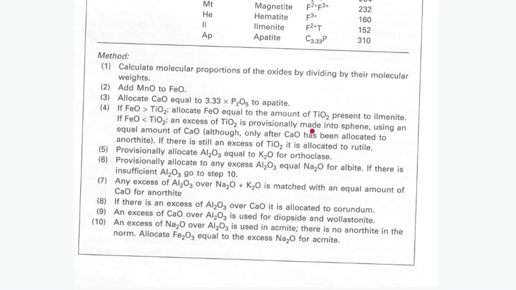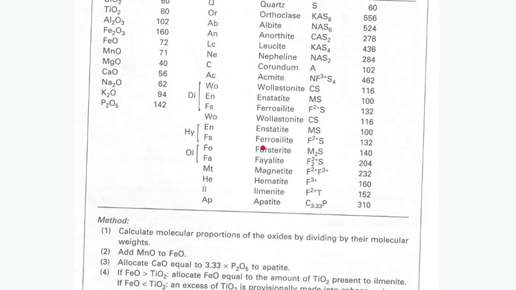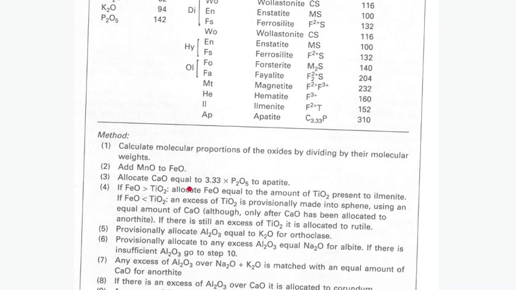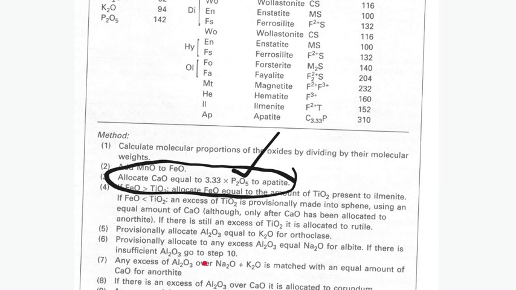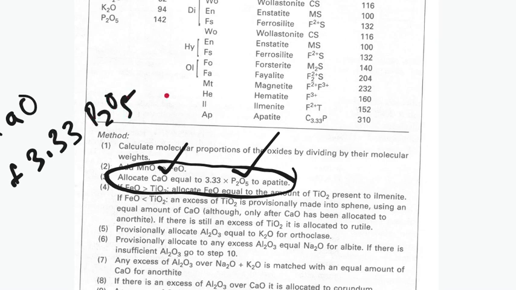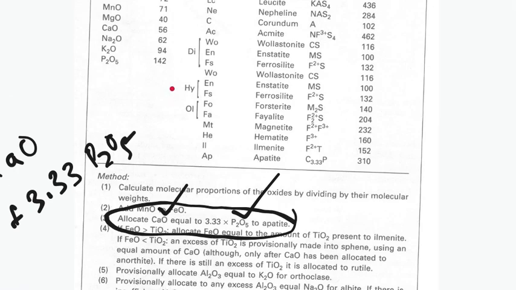उसके बाद क्या होता है, MnO to FeO. So this, consider that MnO जहाँ जाएगा FeO वहाँ जाएगा, ठीक है। सो FeO में MnO को add कर दो, ठीक है। उसके बाद allocate CaO equal to 3.33 P2O5 to apatite, सॉरी मैं फॉस्फेट बोला था, अपाटाइट। तो वही अपाटाइट फॉर्म होगा ना, तो अपाटाइट के लिए 3.33 P2O5 चाहिए और CaO चाहिए, मतलब 1 मोल CaO चाहिए और 3.33 P2O5 चाहिए, ठीक है।